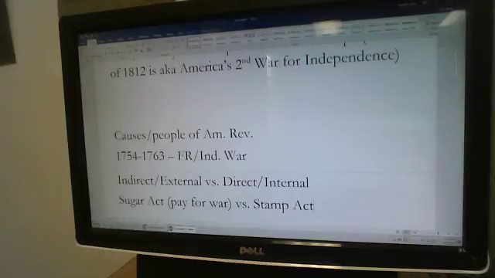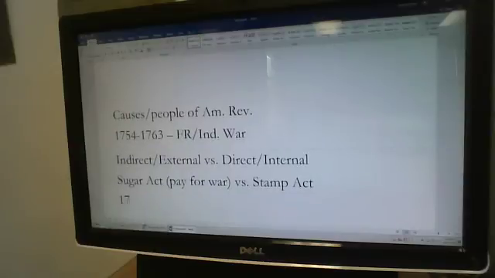Okay, so you have to look at it from the British perspective and from the colonist perspective. The colonists are not ready for war. We're talking about, for example, here, time period 1765. But it is a game changer. All right? The Stamp Act is a game changer because it makes really the Sons of Liberty,